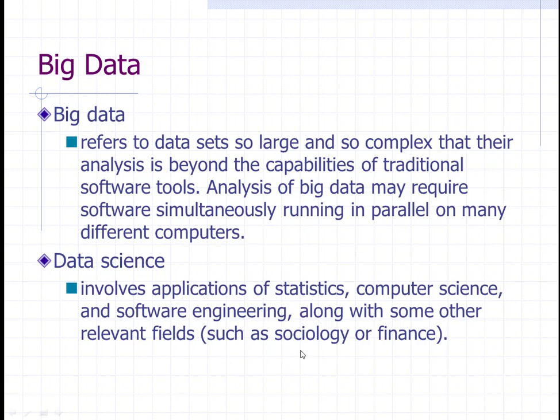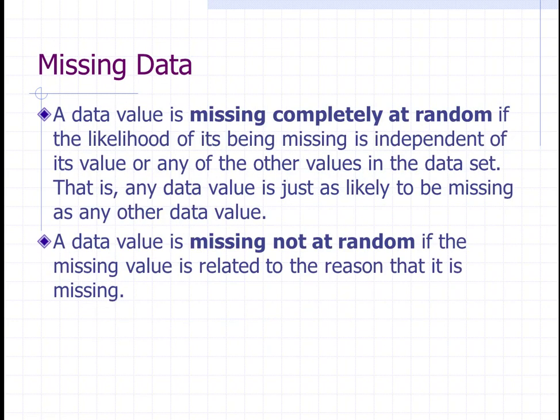looks at that. In some data sets we have missing values. Sometimes the data values are missing completely at random, in that any piece of data is just as likely to be missing as any other piece. And then there are data values that are missing not at random. For instance,